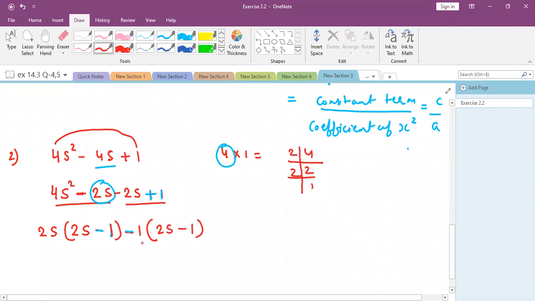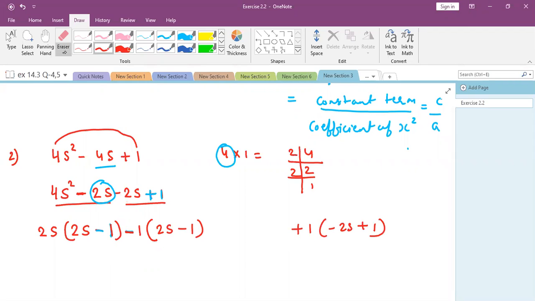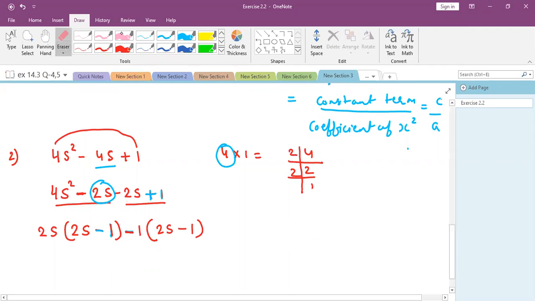Why have we done this? Because we need both the brackets to be same. If we had not taken minus common and kept plus here, suppose plus 1, then minus 2s would remain as it is and plus 1 as it is. Then would both your brackets be same? The first bracket, you see, is 2s minus 1. No, sir. So that is why we need both the brackets same. Why do we need both the brackets same? So that we can again take out common. Clear? Okay. Now again you can see 2s minus 1 is common. So I will take 2s minus 1 again common, and in the other bracket again it will be 2s minus 1.